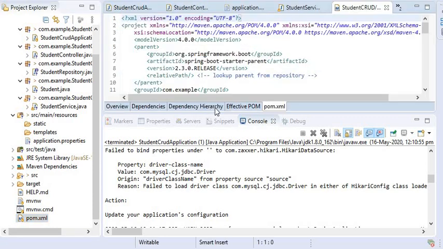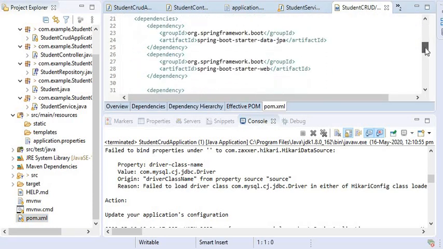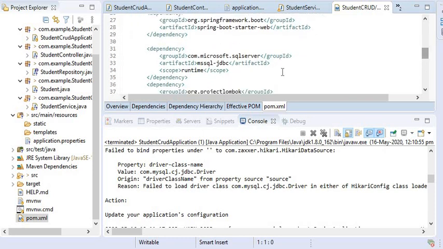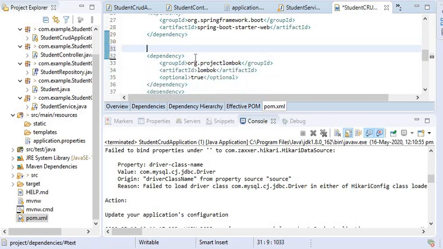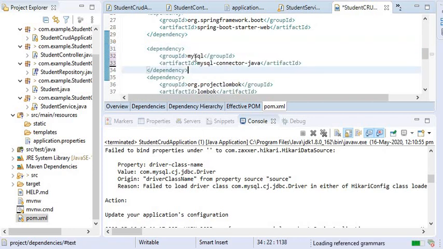I need to check my SQL connector. The dependency that I have added is wrong, so I need to remove it from here and use this dependency, that is MySQL connector Java. And now I will run this application again.